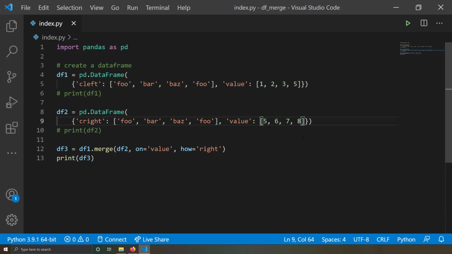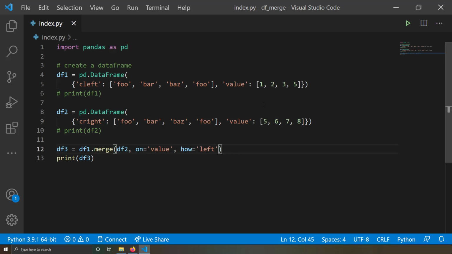So the summary is basically, while merging 2 data frames, if you want to consider only common values of the overlapping column, you just write how equal to inner, or don't write anything. It will take the inner join. That means while inner join, only the common values of the overlapping column will be considered while merging. And if you write how equal to outer, all the values of both the left and right data frames will be considered while merging, and any missing values in the left or right data frame will be populated as nan, not a number. And if you write how equal to left, it is a left join.